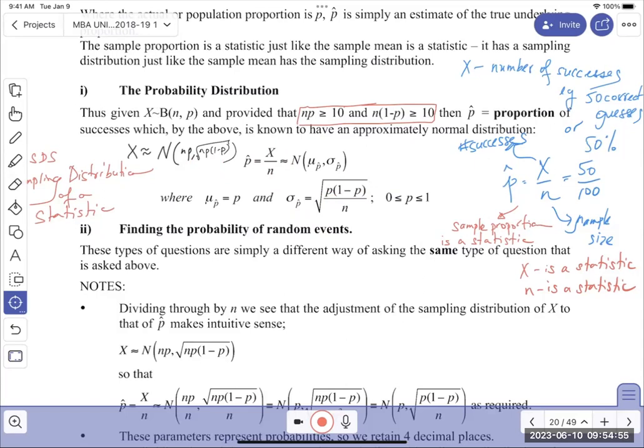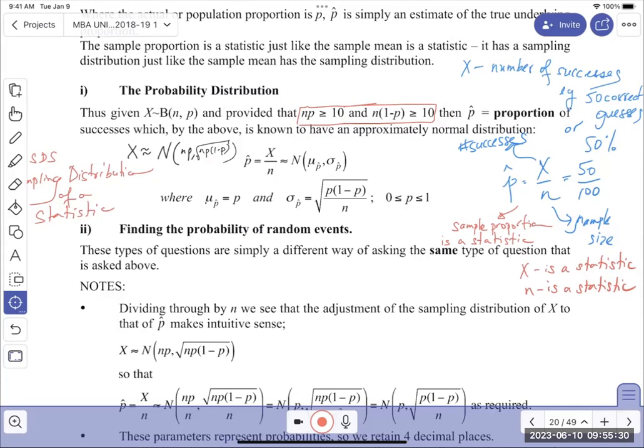Even though I spend a lot of time talking about the number of successes, I really focus on the proportion of success and this sampling distribution of this statistic p hat. So if I know p, the probability of a success, I can do all of this, right? I can understand the sampling distribution and approximation, if this property holds,